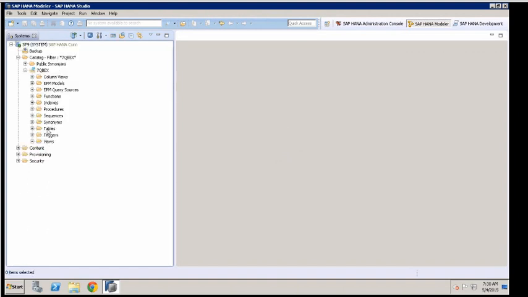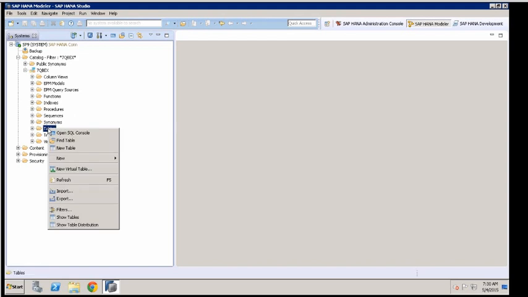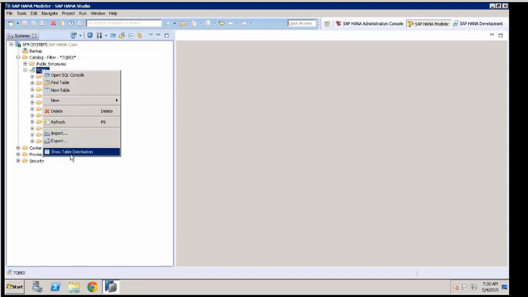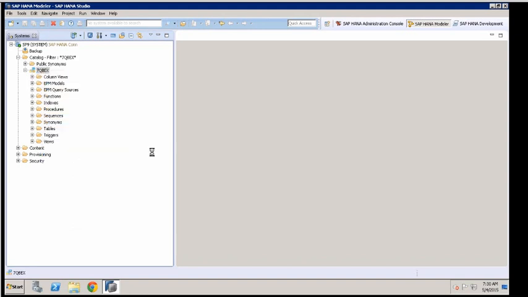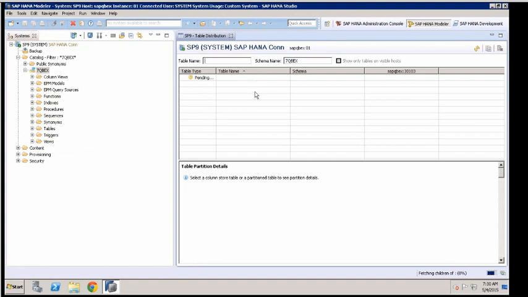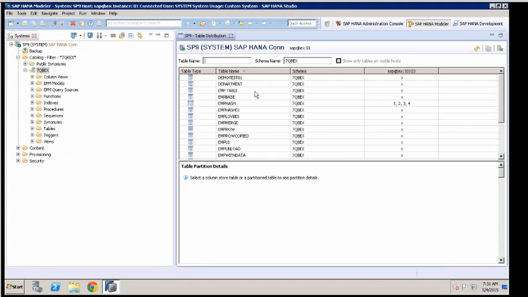What you do is you either right click on this folder Tables, okay? You get the option as what? Show table distribution. Or you right click on the schema, you get the option Show table distribution. Either on the tables folder or on the schema, you get Show table distribution. You can do merge, delete part, we'll see. So show table distribution will show me all the tables, in the table emp hash.